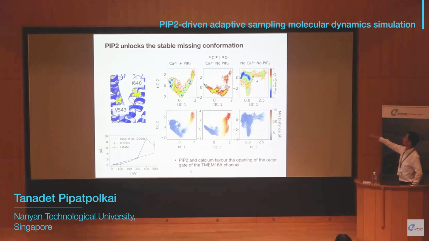Now, you can see here that if you have no calcium, no PIP2, and looking at the distance, there is no open state being sampled at all on the free energy landscape. If we take with calcium, but no PIP2, you can see where the purple star, the open state is, which is about here. You can see that it's not at the minima. But if you have calcium and PIP2, your open state here is located at a minima